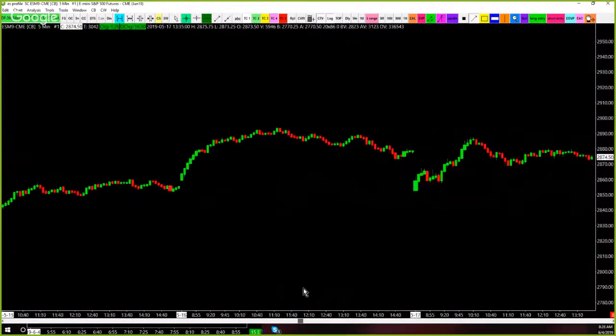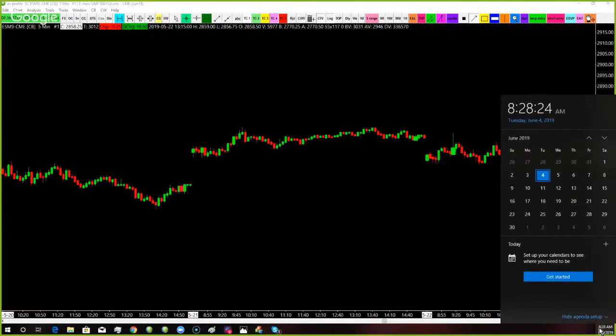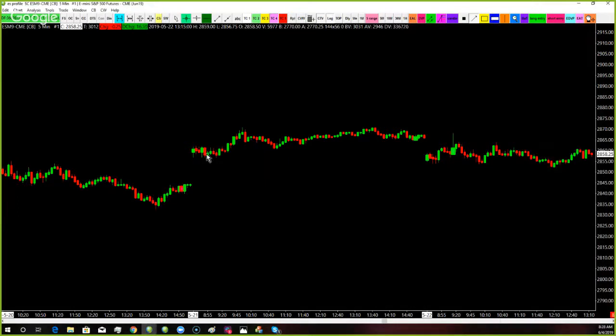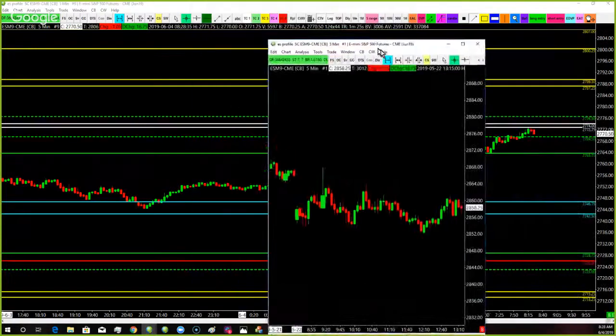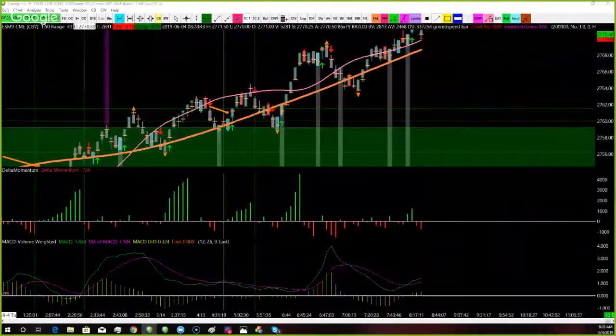I want to say it was this day right here where we ground out of it. 521 was out of Monday. Let's go look. Tuesday. Maybe that was close enough, right? But see how we gapped and we just held and held and held. So if we go look at 521 over here,